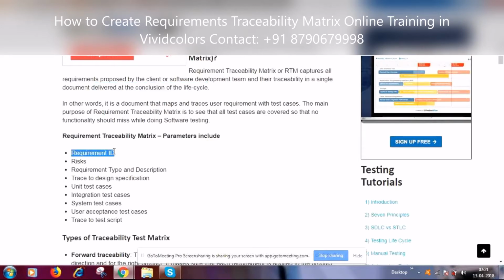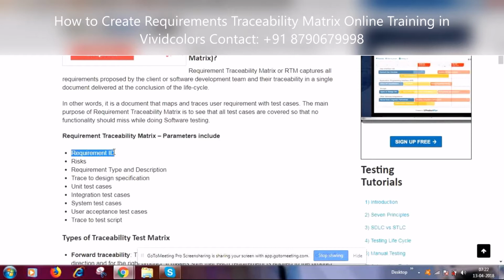From the testing point of view, say a test manager asks his team, have all the requirements been covered during our testing or not? That is the question the test manager puts to his team at the start of testing. So how are they going to ensure it? The testing team answers that for each and every requirement ID, we have created the following test cases, and all the scenarios have been covered. So they map those items along with the positive and negative test case scenarios.